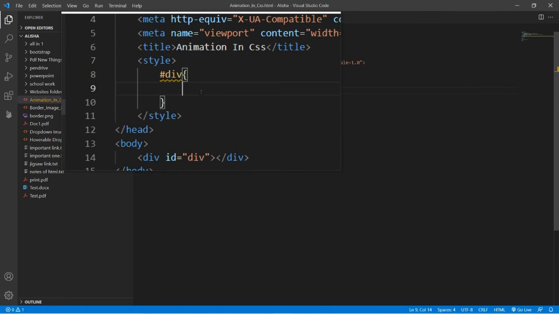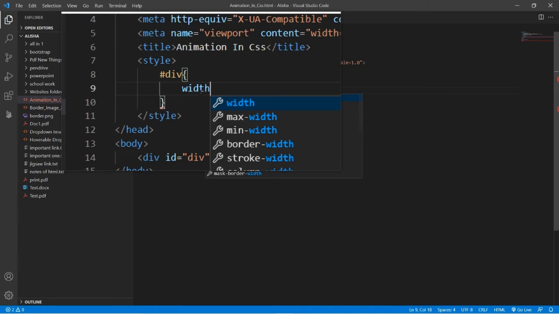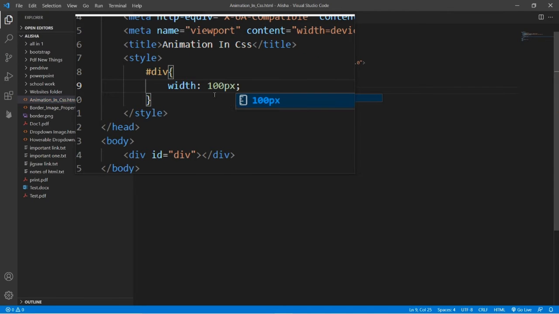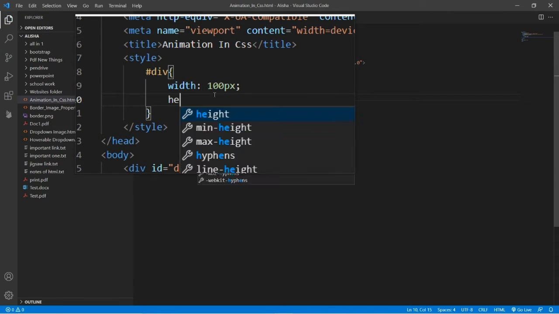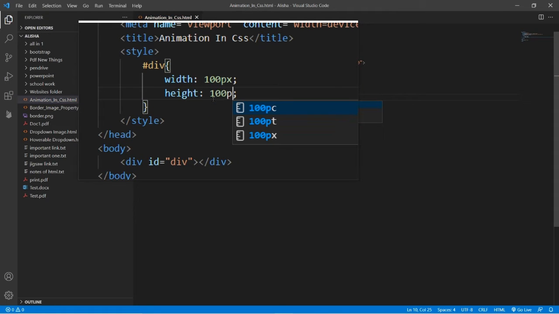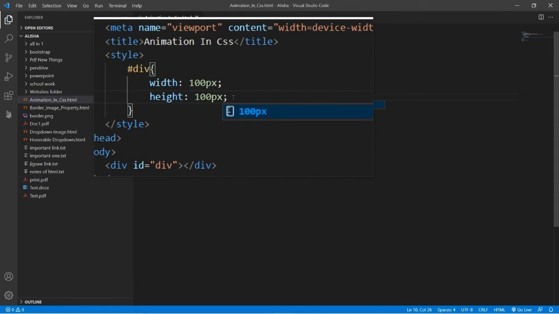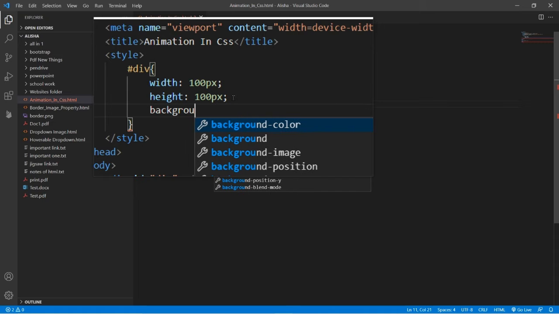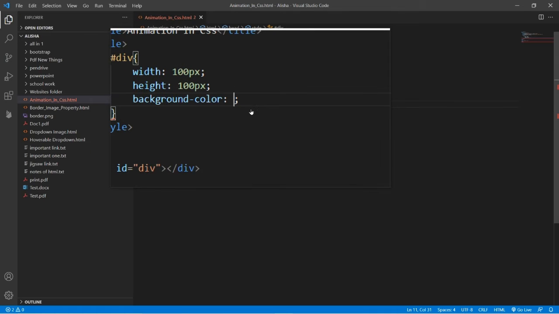like width 100 pixel, height will be 100 pixel, means same height and same width. Then I will give it a background color, red,